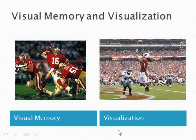Visualization can be very powerful when it comes to sports. For instance, there was a study done that looked at tennis players, and some subjects would actually practice their serve. They threw the ball up and practiced actually hitting the ball. Another set of subjects visualized or pictured themselves doing that same activity, pictured themselves throwing it up, hitting it, throwing